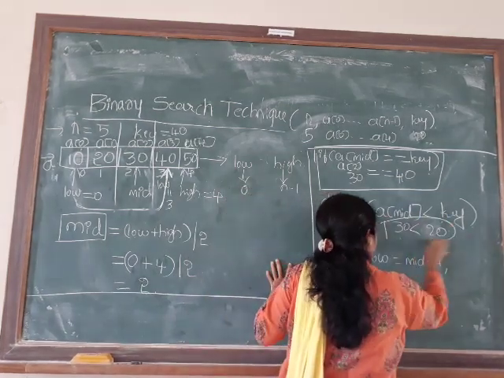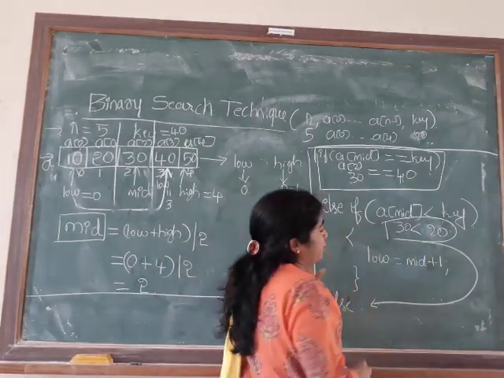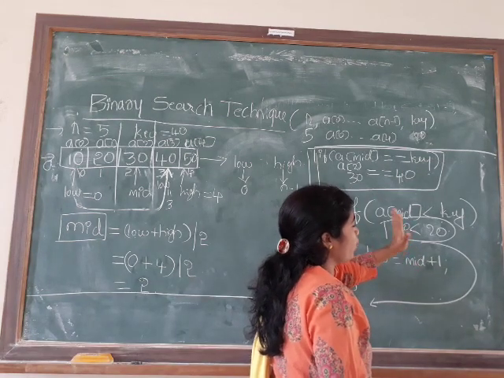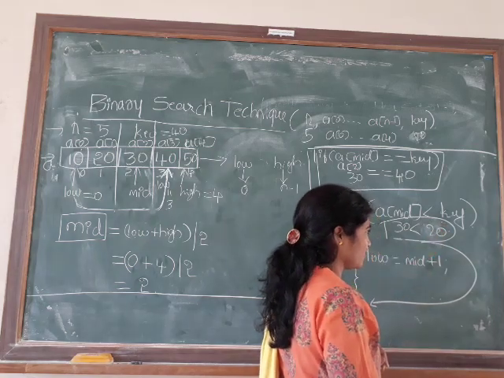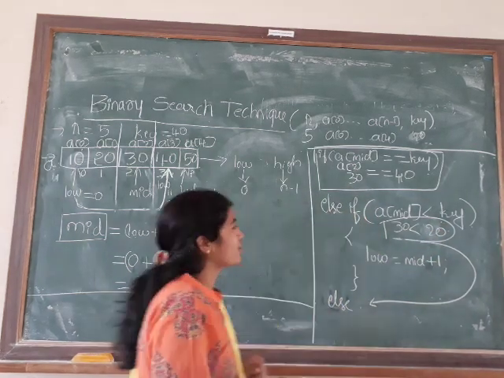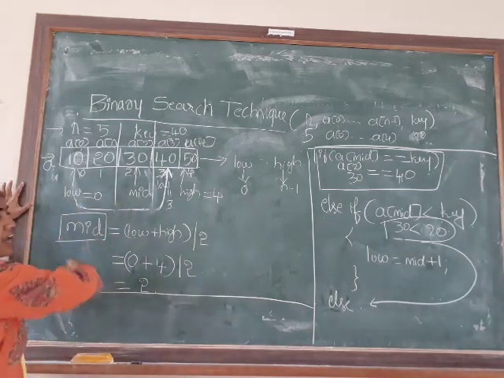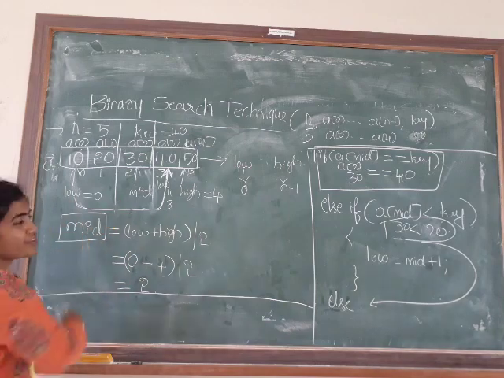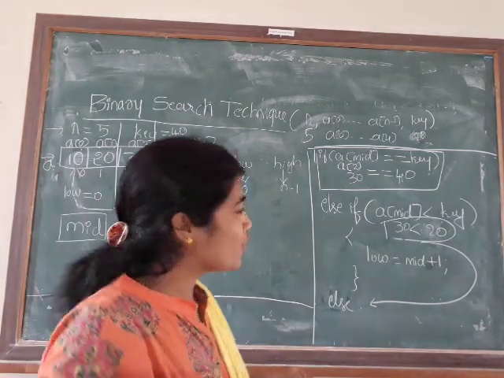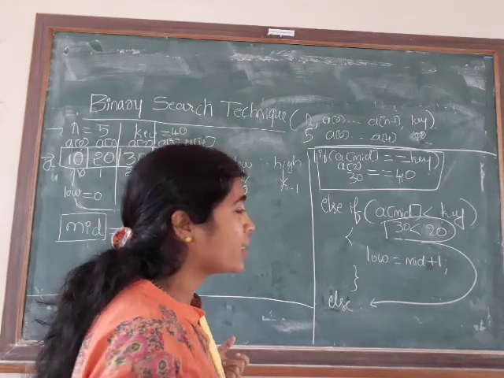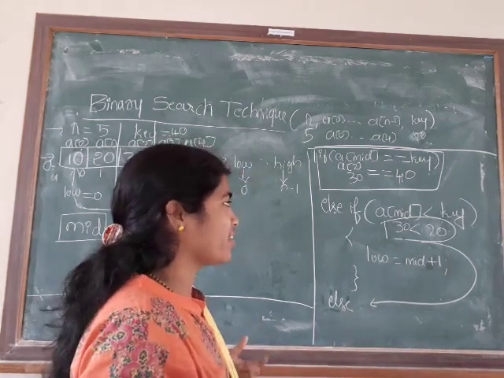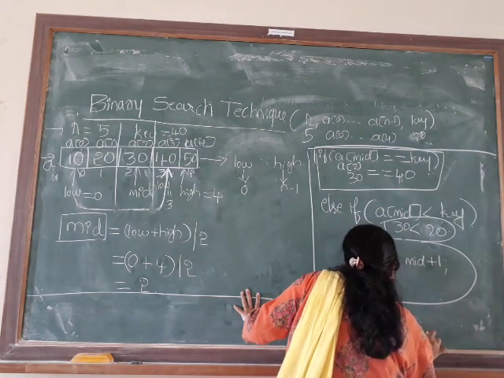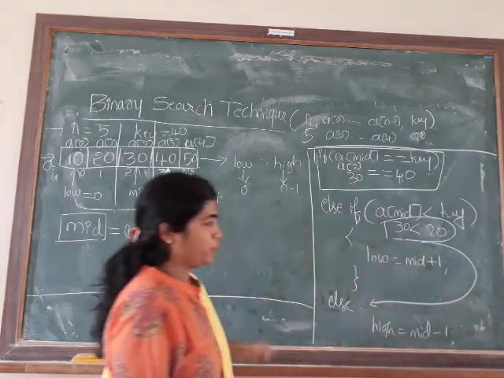See, this is false. Please try to understand. This is false in the sense, obviously, the mid value is higher than the key to be searched. In the sense, the key to be searched is in the first half of the array list. Agree with me or not? Because my mid value is greater now compared to the key value, and my input is in ascending order, that's why it is better to take high is equal to mid minus 1. Try to understand this logic.